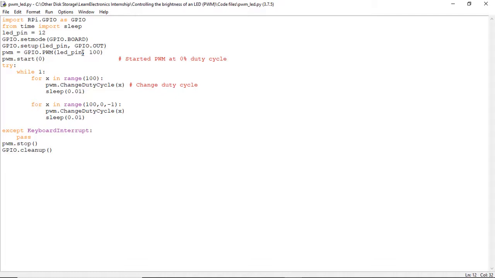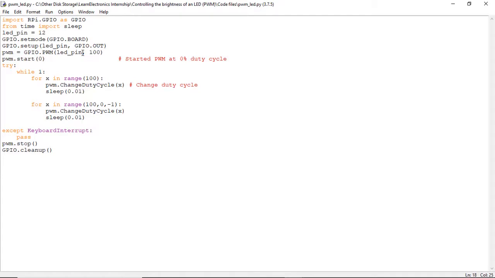Once that is done, we give a sleep command here to introduce a delay of 10 milliseconds in the program. So it is advised to use a sufficient amount of delay in the program to visualize the output in a better way. So once it reaches 100, we start counting it back. The top loop does the low to high function and the loop here does the high to low function. So from 100, we count down to a value of 0 with a step of -1. The x value varies again from 100 to 0 now, and subsequent changes would be done in the duty cycle as well. Once that is done, we again add the delay and there ends the try loop.